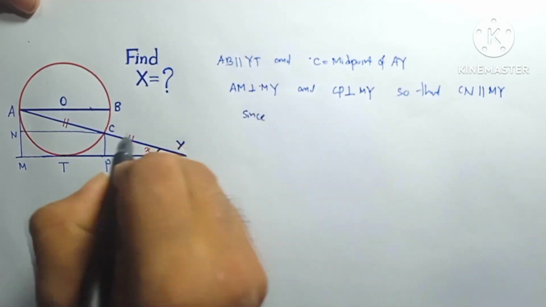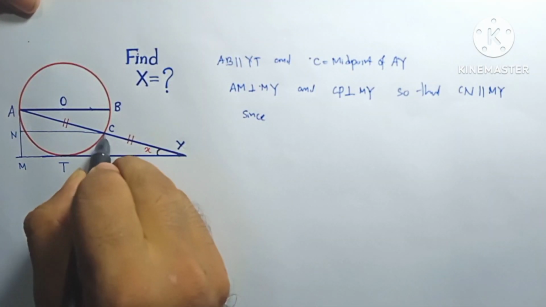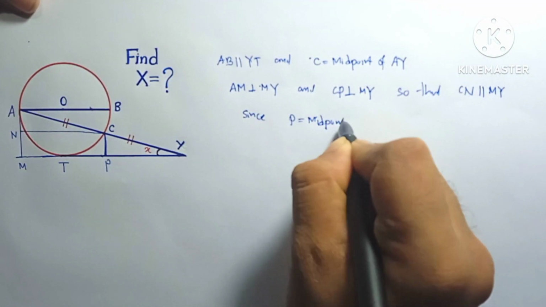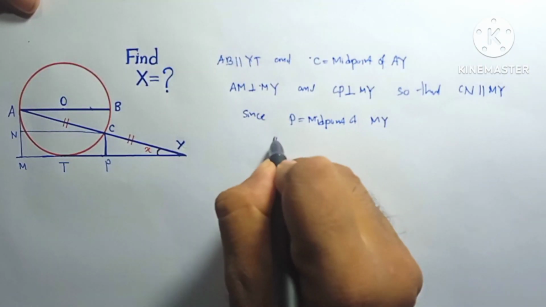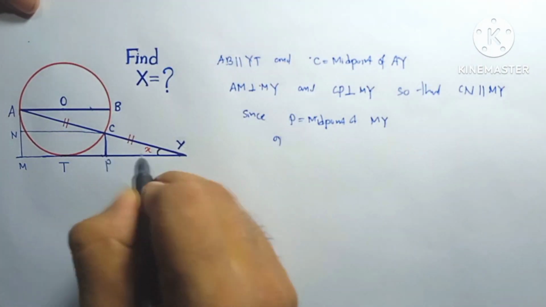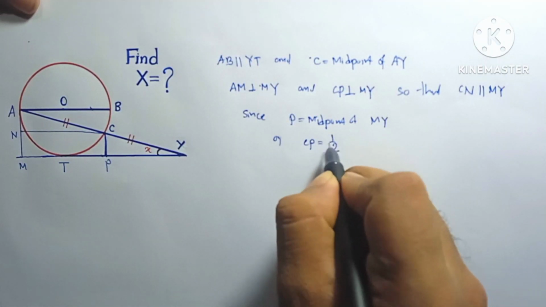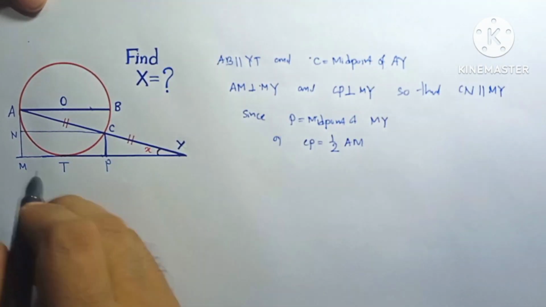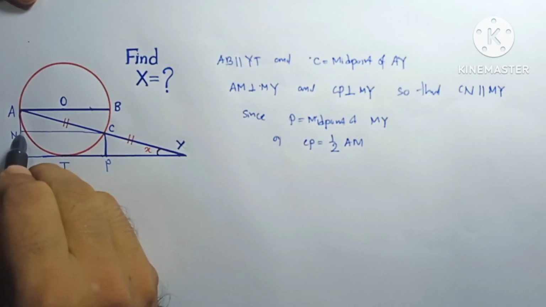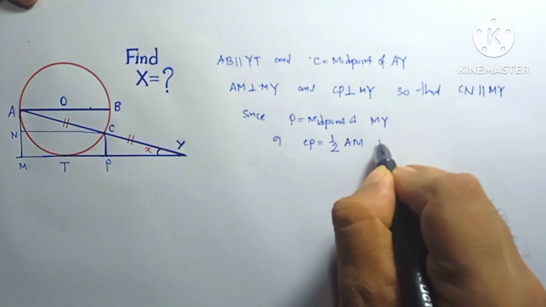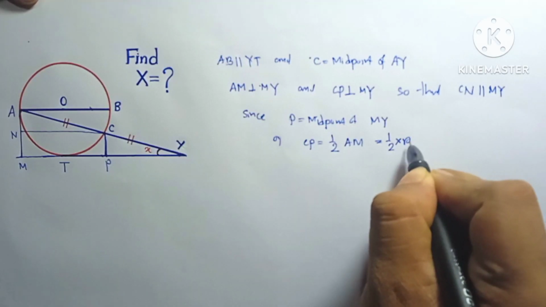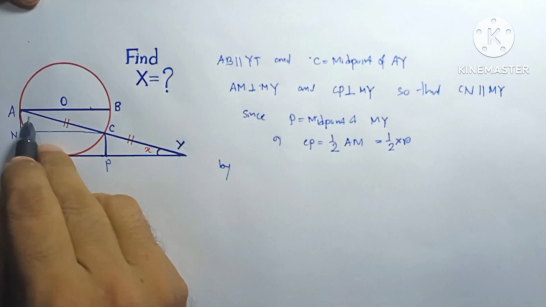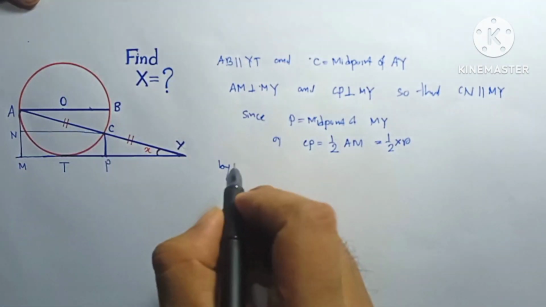Since C is the midpoint, we can say that P is the midpoint of MY, or CP is equal to half of AM. And we can clearly see that AM is the radius of this circle. So CP is equal to half of R. So by the intersecting chord theorem, we can write